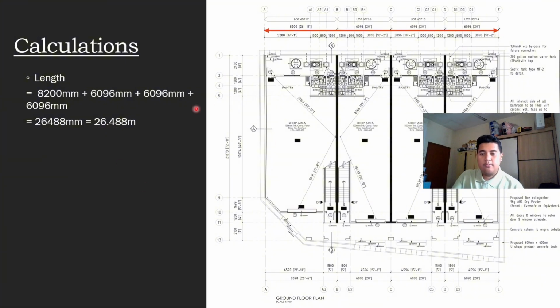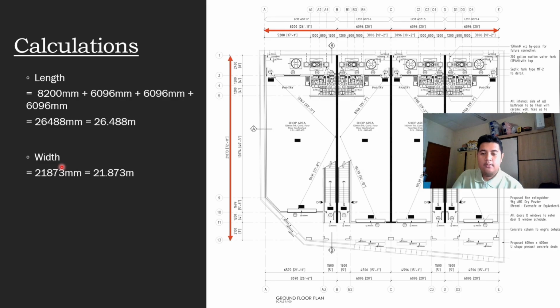After that we are going to find the width of the building, which is located right here, and then we just bring out the number. It has already been totaled over here. So the width of the building is 21,873 millimeters, and we convert it to meters again,